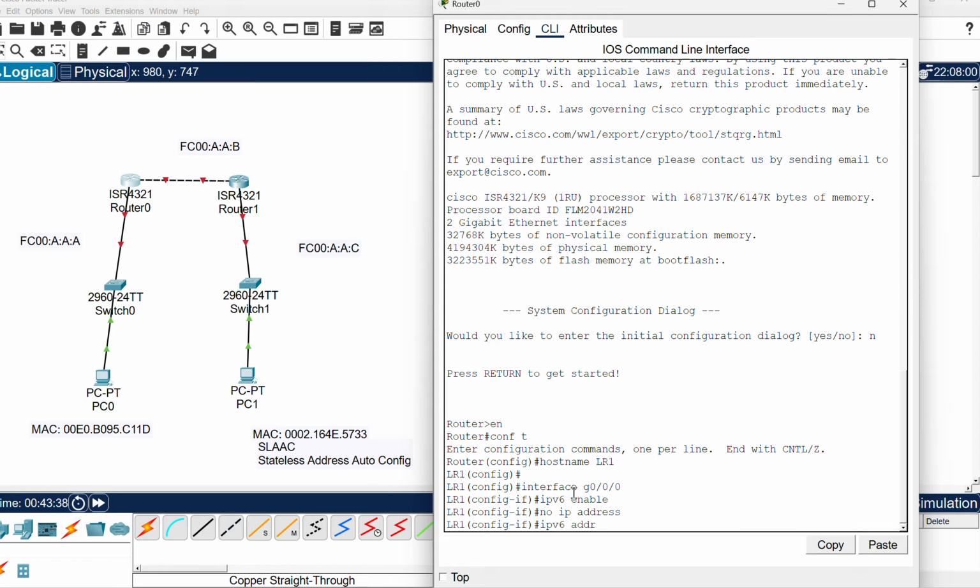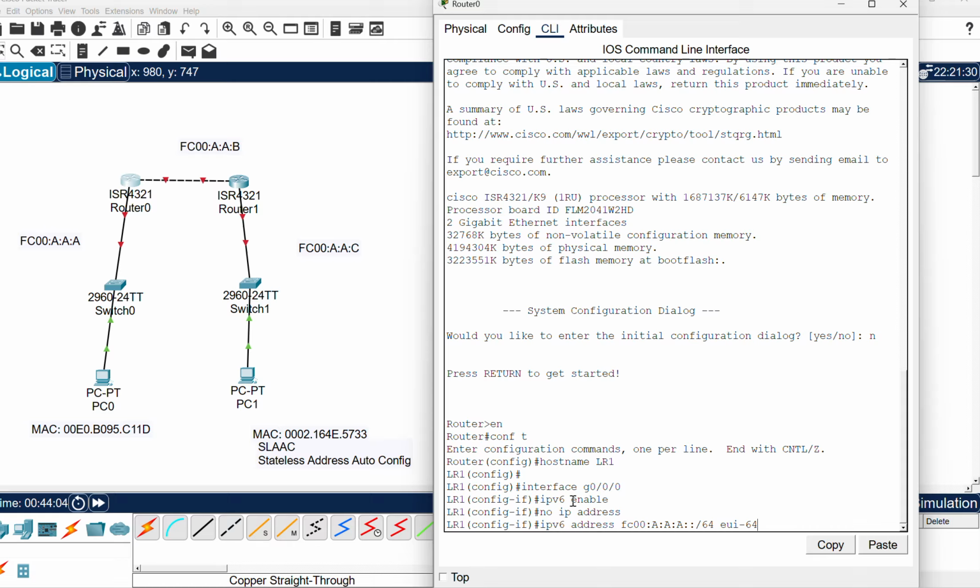But I do want to do an IPv6 address. I want to add one here, and it's going to be as I have listed in the map, and it's not case sensitive. So FC00:A::A::A. Right? Then I want to do a ::, and I'm going to do a /64 because it's a 64-bit address. Then